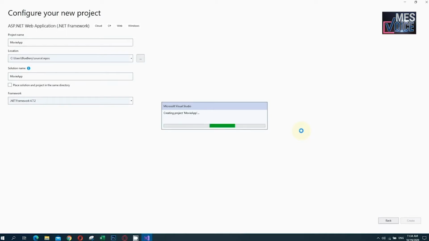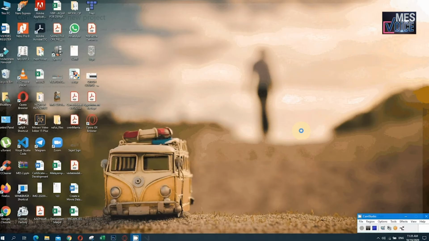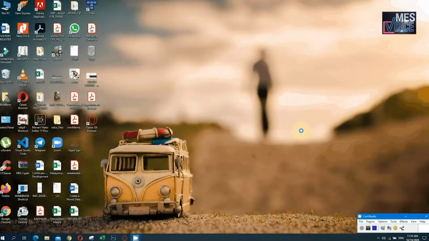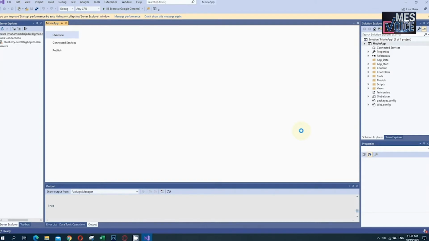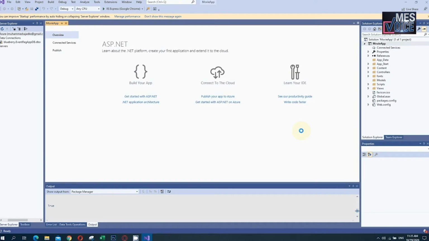You will get how you can create an MVC application and how you can create a database. In this video we are creating the database in Visual Studio itself, so I hope it will be very easy. This is the IDE window available in Visual Studio 2019. Then I will go on to create an application database.